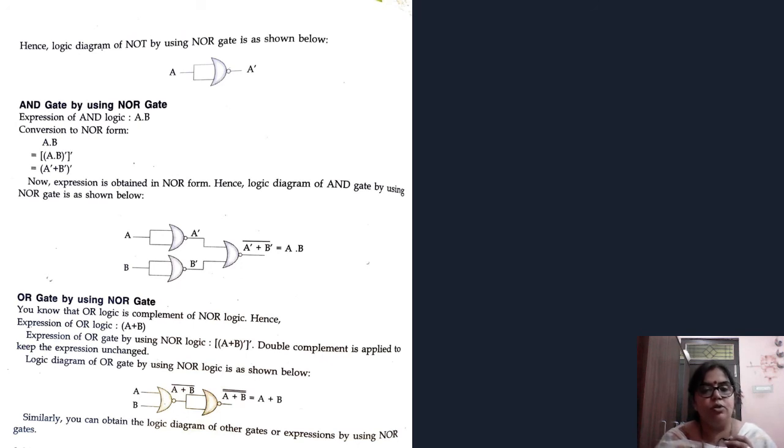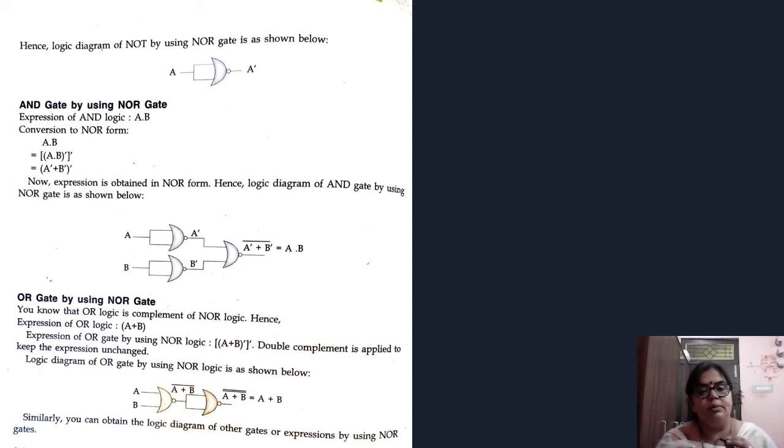All the circuits you have to draw in your copy as given in the PPT. You all have to write that also, how the logic gate has been made. OR gate by using NOR gate. See, you know that the OR gate complement is the NOR gate, hence the expression of OR gate is A plus B, and a NOT gate will be like this, and we have to do double complement, as I told you previously, so that our expression remains unchanged.